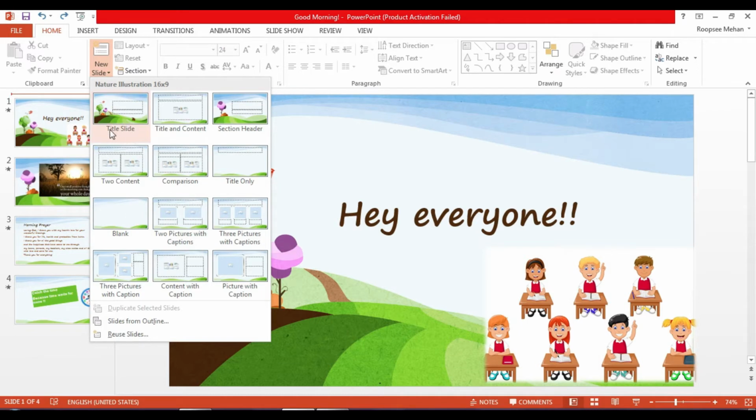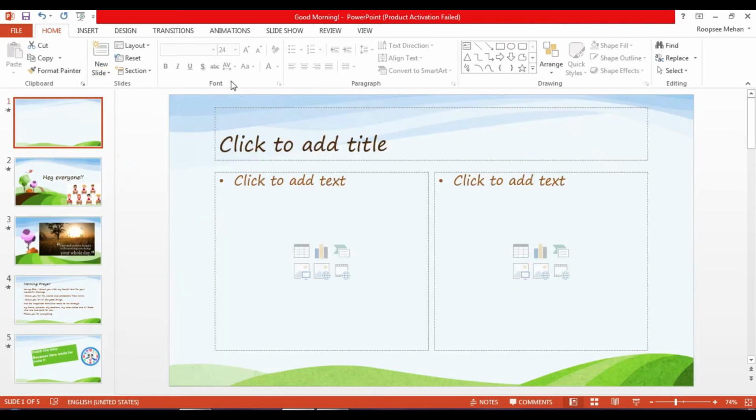So as the name suggests, title slide helps you to add the title and content helps you to add description to your topic by giving a small title and adding the content in the placeholder given below. So these dotted lines here in these layouts are known as placeholders, and these help you to add text and objects like pictures, charts, smart art to your presentation. So for example, I just want to include this two content. Click over here, the slide gets inserted.